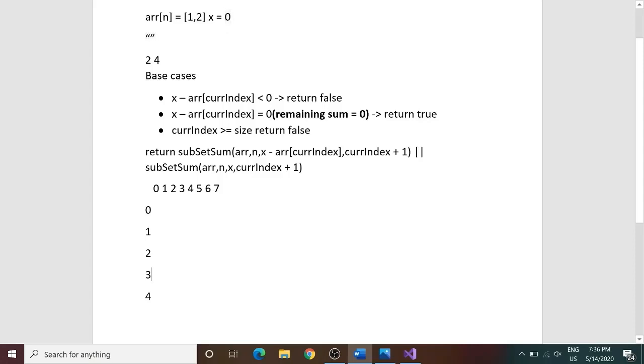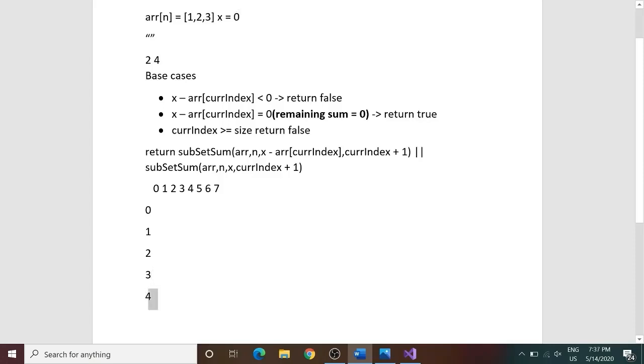What does this subproblem mean? The intersection of row number 3 and column number 0. It means that I have 3 elements with me. So, is there any possibility that any of the subsets of this set 1 to 3 can sum up to 0? Can I do it or not? Yes, I can do it. So, again, the answer to this subproblem would be true.